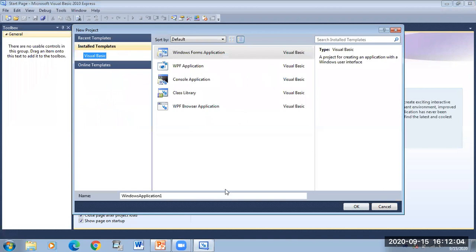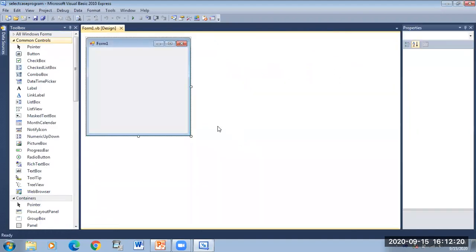New project. I'll write select case program. From here you will get an idea of how the select case program works.